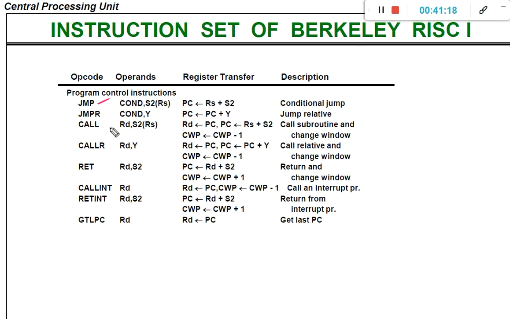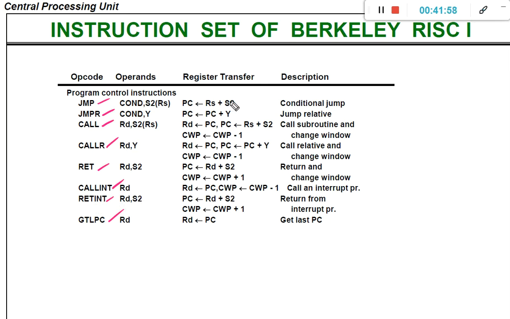So jump, conditional jump, jump R means relative jump, call means call subroutine and change window, call R means call relative and change window, RET means return and change window, call INT means call interrupt procedure, return INT means return from the interrupt procedure, GTLPC means get last program counter value.